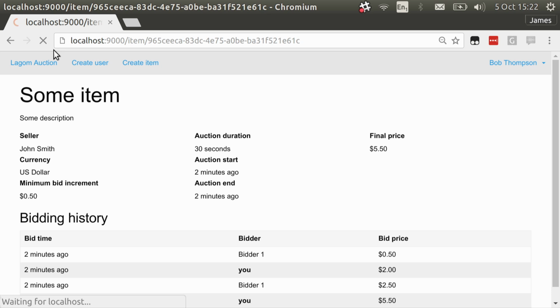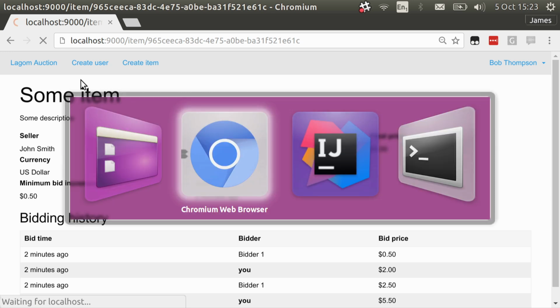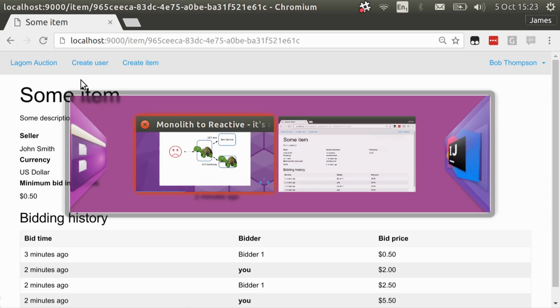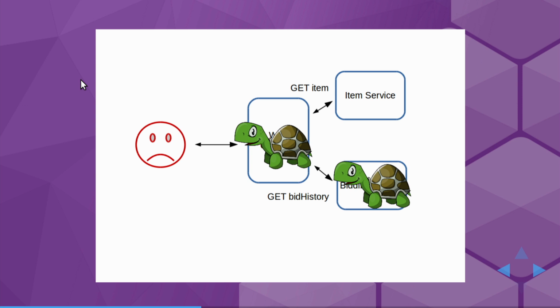And so what do I do? I keep on hitting refresh. And what does that do to my bidding service? It keeps on sending more and more requests, they build up, and the bidding service gets worse and worse and can't sort the problem out. Of course, it's just an artificial delay, so in this situation it's fine. But